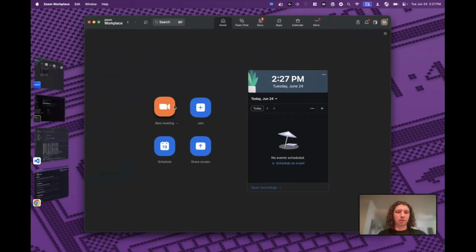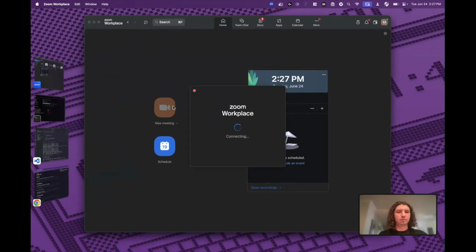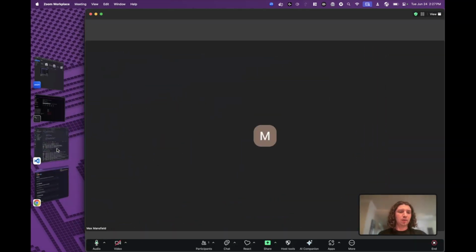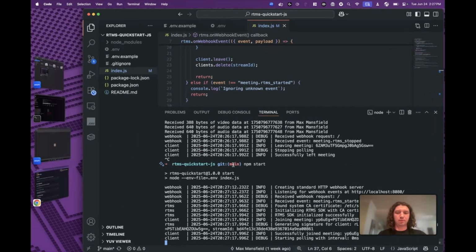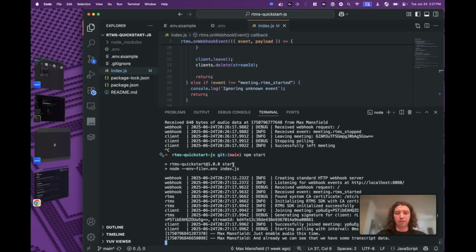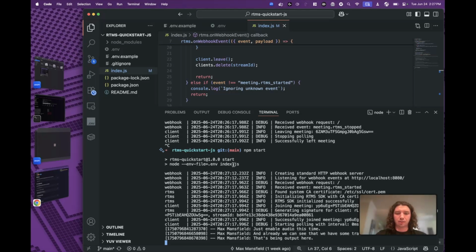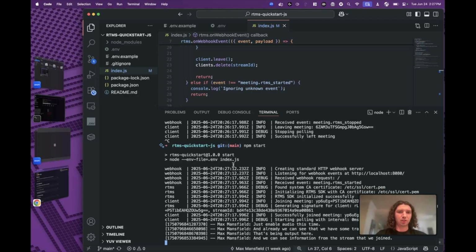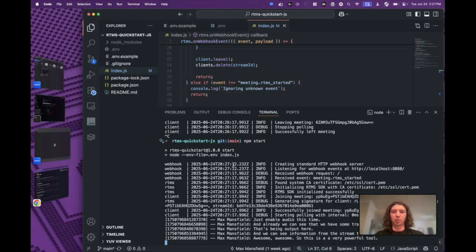Great, now we can start a new meeting. And I'll just enable audio this time. And already we can see that we have some transcript data that's being output here. And we can see information from the stream that we joined. Awesome. So this is a very powerful tool in the Zoom developer arsenal, especially when it comes to our